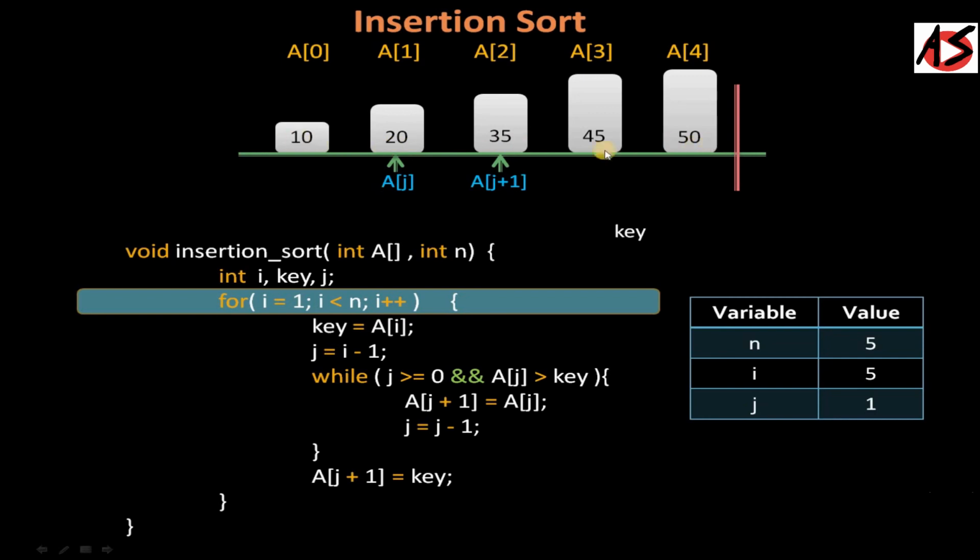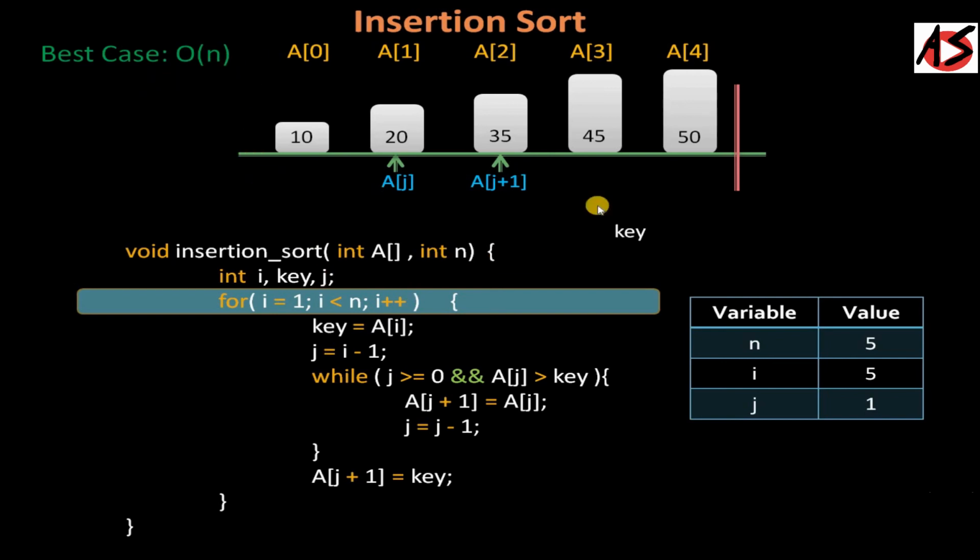Now if you are talking about the best case, that means the given list is already sorted, you can see here you are going inside the for loop, and if your list is sorted, this condition is always false. So you are running the for loop from exactly 1 to n. So in the best case, the time complexity of the insertion sort algorithm is big O n.